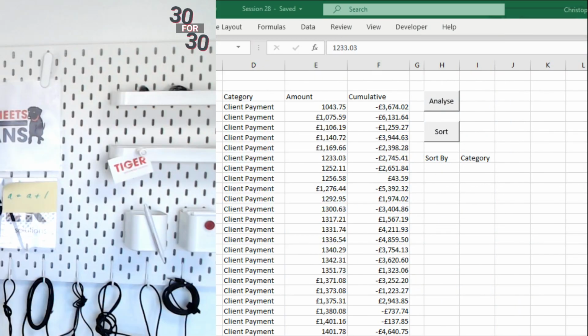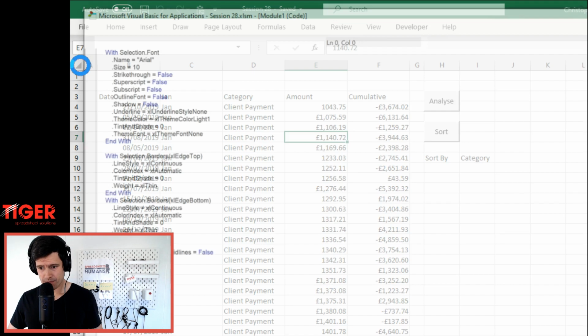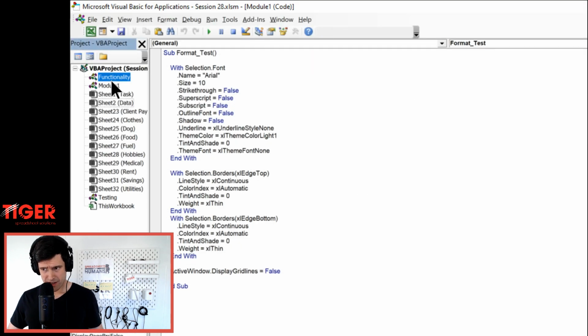Today is actually our last technical session. To be honest, it was going to be a really technical session, but I decided to create the code beforehand. So for the people watching live, we've got a file, and if you download the download file, I did update it about half an hour before the live. So if you downloaded it before, you're going to have to download it again. And you'll find, going into the VBA editor here,